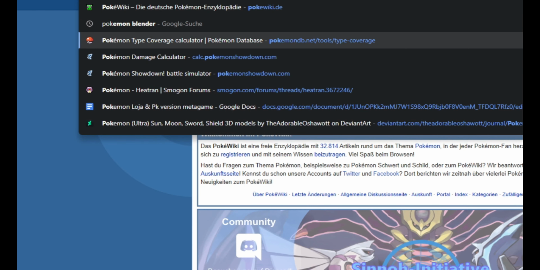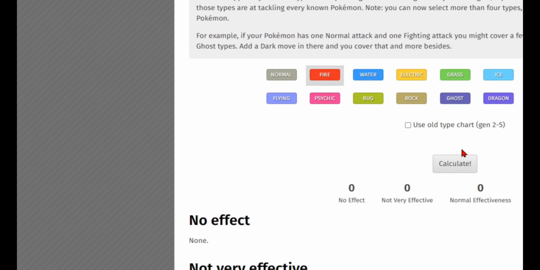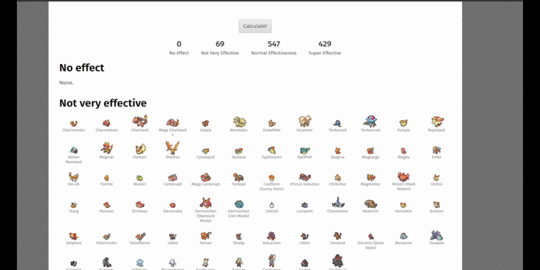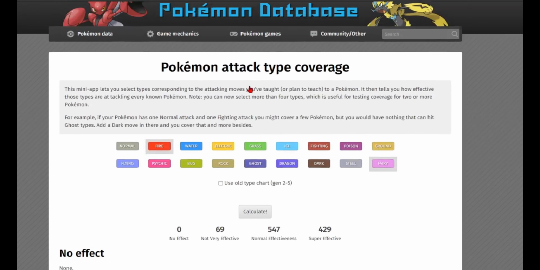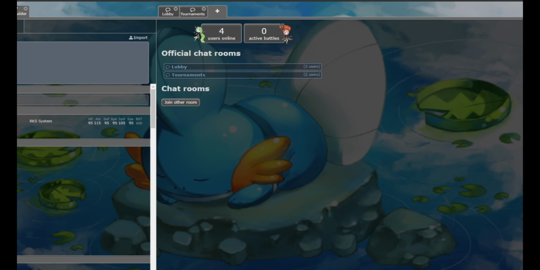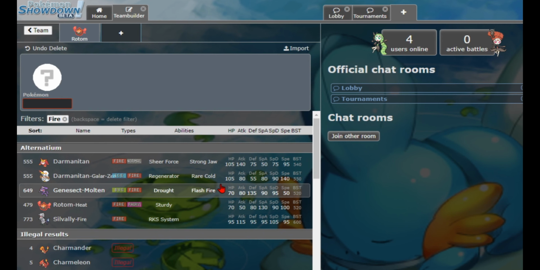Like I can, okay, this is the German wiki. I don't know why I clicked that. Fire and Fairy, it's only checked by other Fires and Fairies. But it still has really good coverage. Okay, no, it's only checked by Fires, but the only Fires in this metagame don't like switching into it because